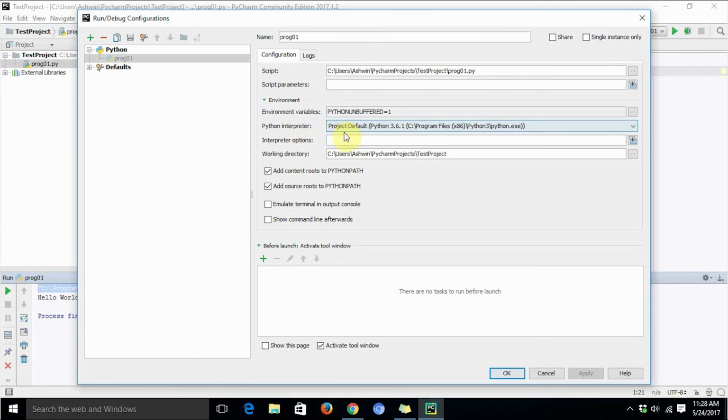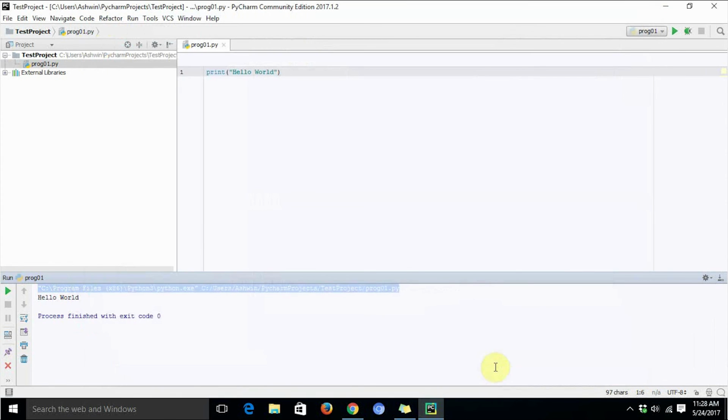They can use this facility and change their interpreter, and then check their code compatibility with all the other interpreters. You can even provide the command line parameters here, as I have said earlier. So this is how we use PyCharm Community Edition IDE for creating and executing the Python code.